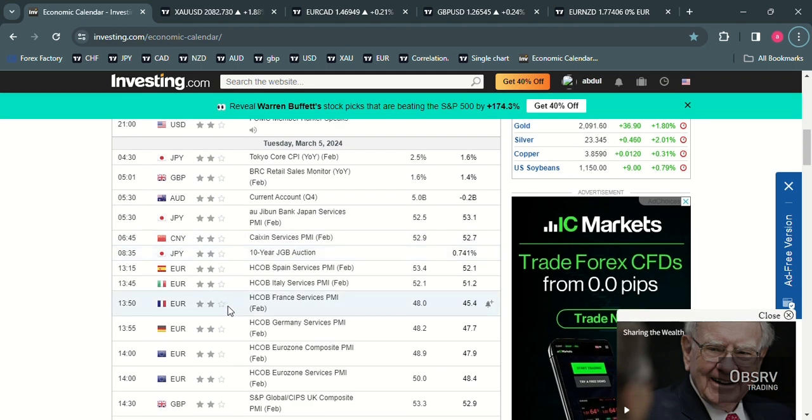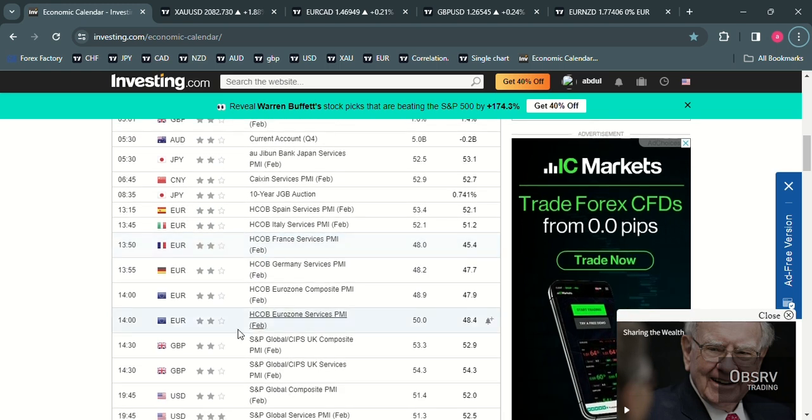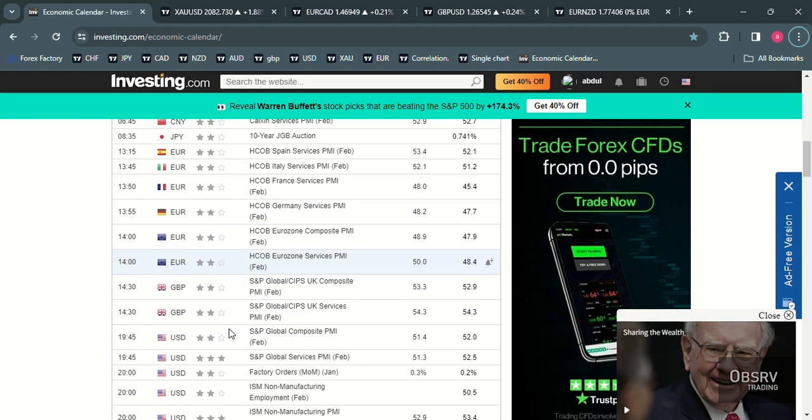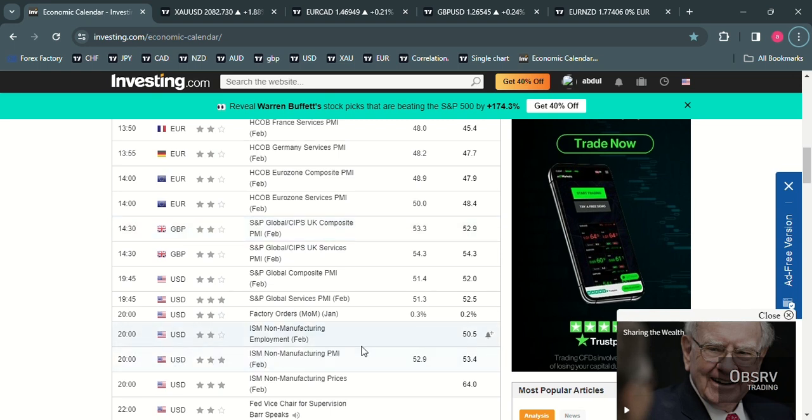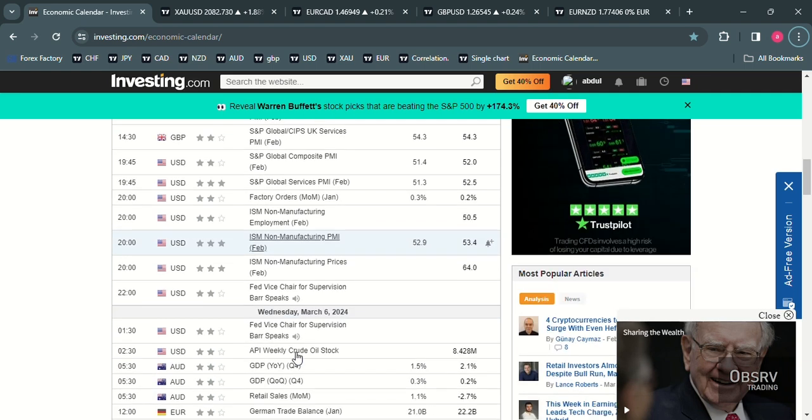I will be watching these currencies around the news time, and as the price action shows up, we'll try and figure out what we want to do. But nothing high impact other than this, right? Global Service PMI on dollar on Tuesday. This is it, and then PMI. So this is happening on Tuesday, and if you move on to Wednesday now,